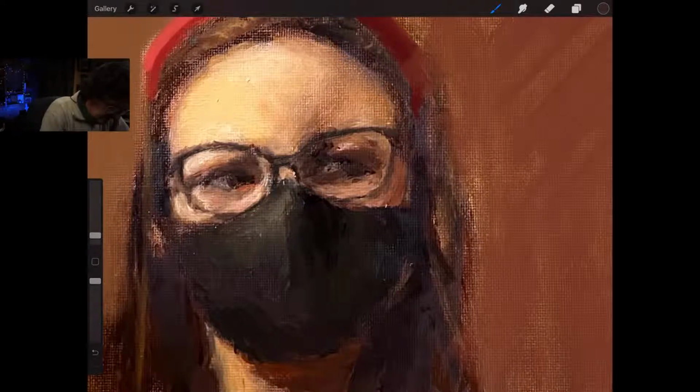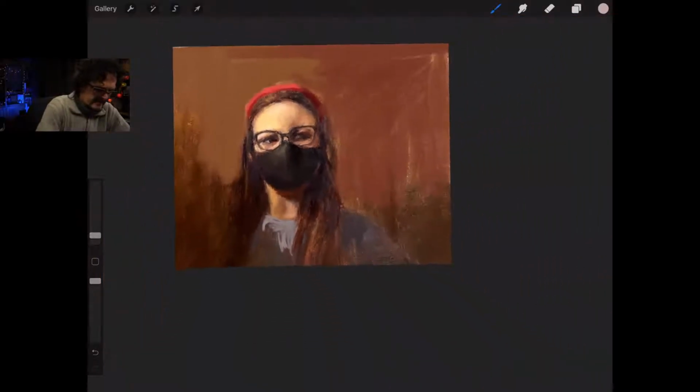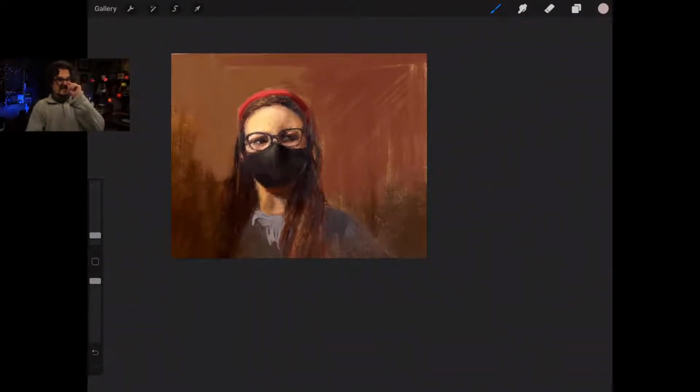So if I go right here in the eye and get a really hard edge, and then I was able to even out this gray next to it by just having that as flat. Do you see how that carries? And there you have it. We didn't even get to talk about highlights. This is before we get to highlights.